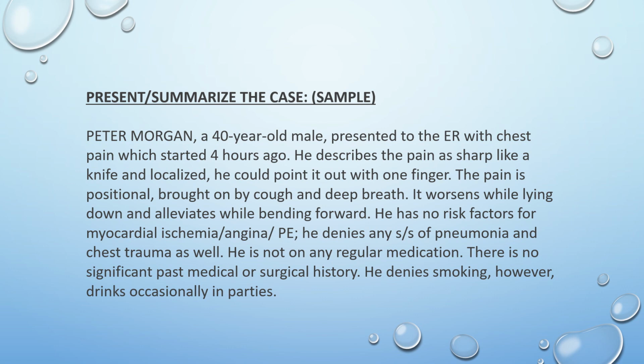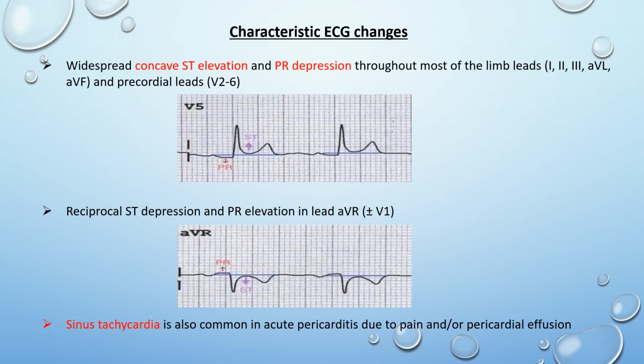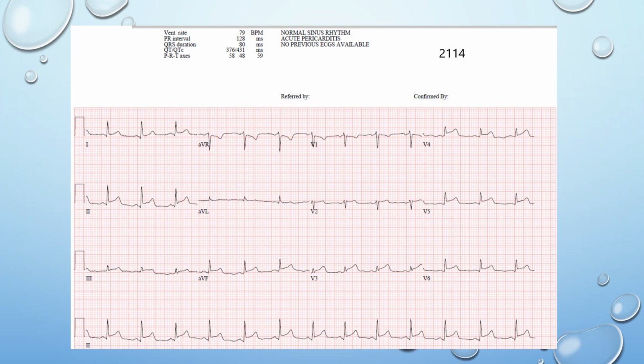with your study partner. You need to remember the characteristic ECG changes in acute pericarditis. There will be widespread concave ST elevation and PR depression throughout most of the limb leads and precordial leads. There can be reciprocal ST depression and PR elevation in lead AVR with or without lead V1. Sinus tachycardia is also common in acute pericarditis due to pain and/or pericardial effusion. Here is a sample ECG of acute pericarditis. You can definitely Google for more ECGs, get yourself familiar with the changes, and practice reading out those ECGs with